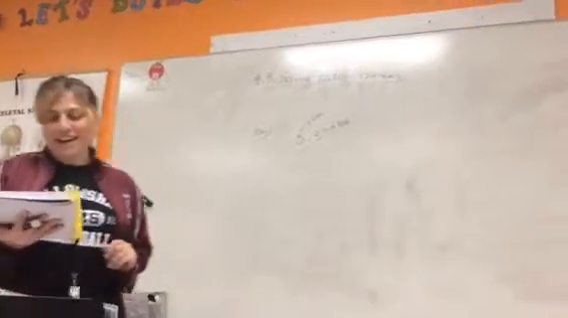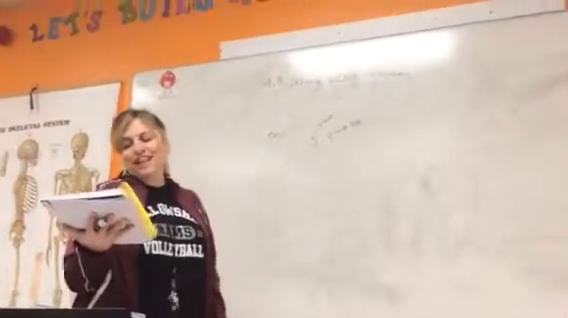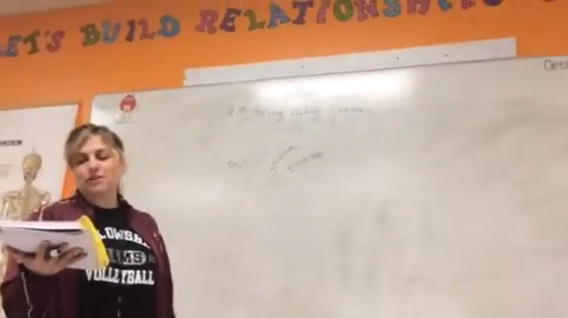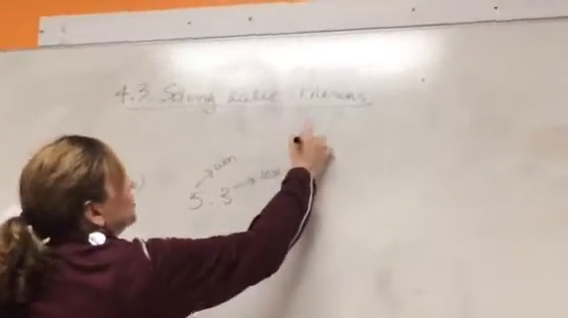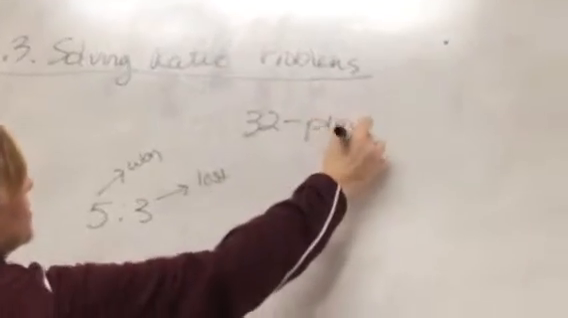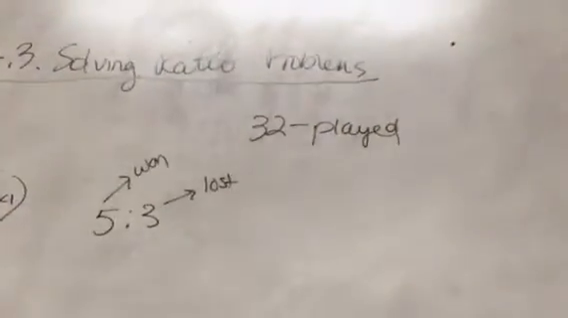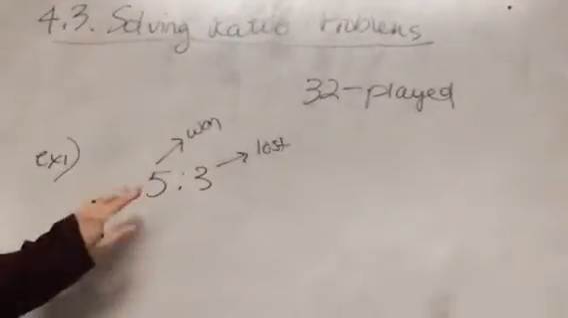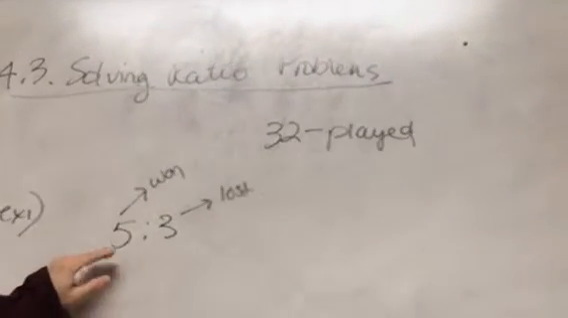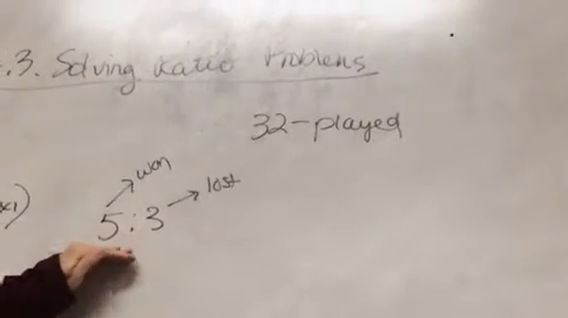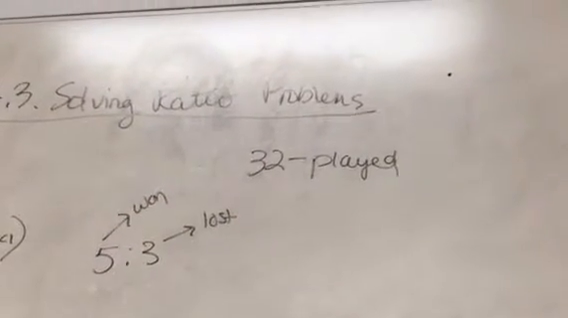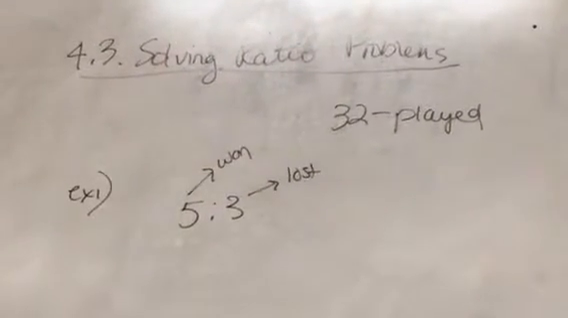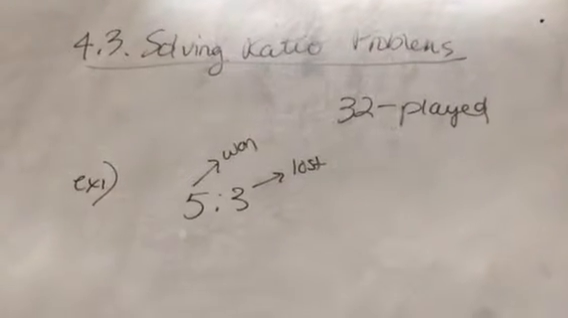Oh, just kidding. All right, the first question says, the Eagles basketball team played 32 games last season. So they played 32 games. The ratio of wins to losses was 5 to 3. So this is the ratio of wins to losses, but they played 32 games. And the question says, how many games did the Eagles win? Okay, if the ratio is